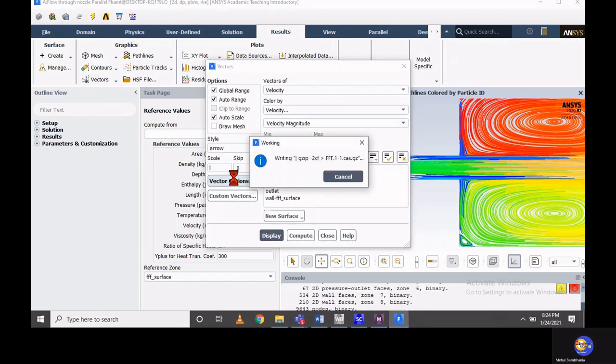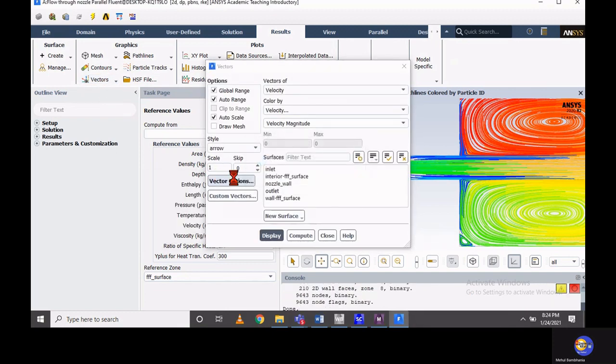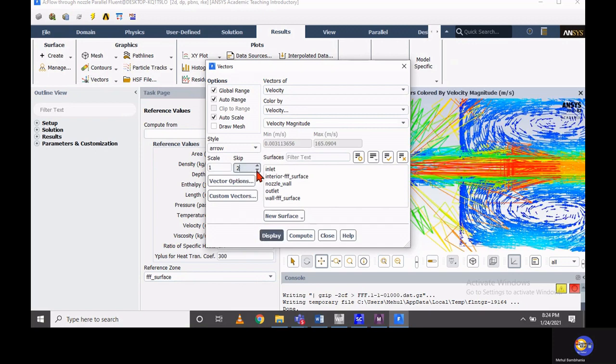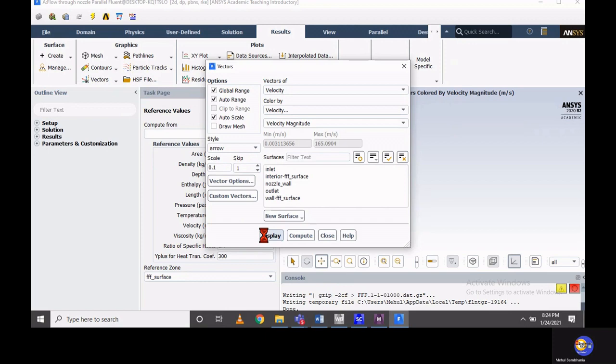You can also see the vectors, the flow directions. Wherever there are recirculations, the flow will be in the reverse direction, which you can visualize with the help of vector options. So let's see the velocity vector. Since the magnitude is very large, it will show large arrows.